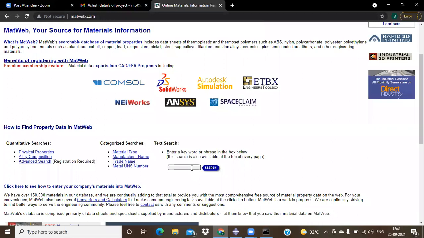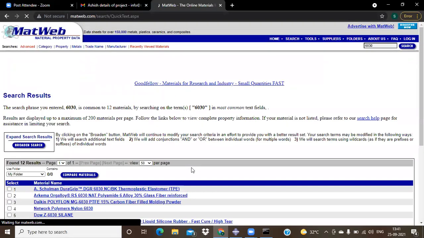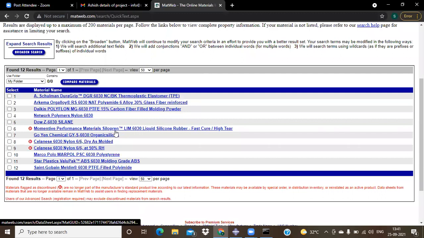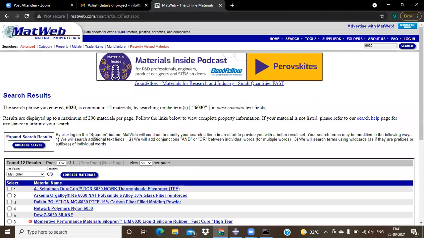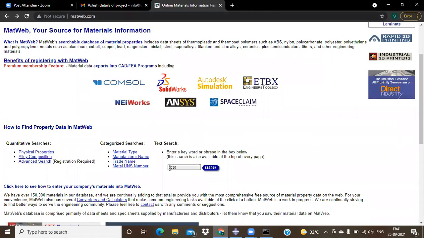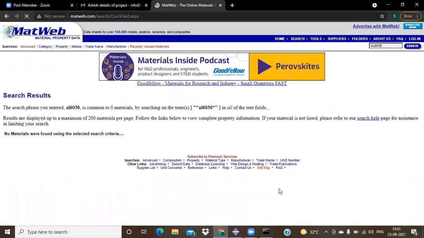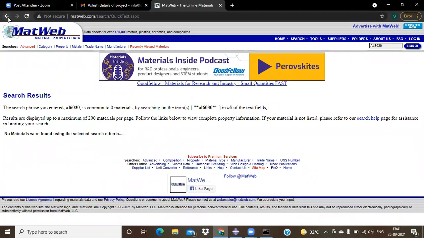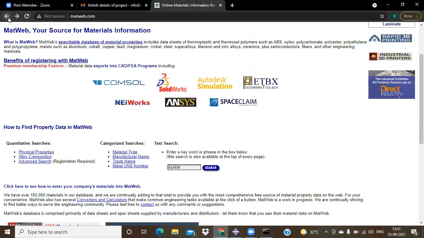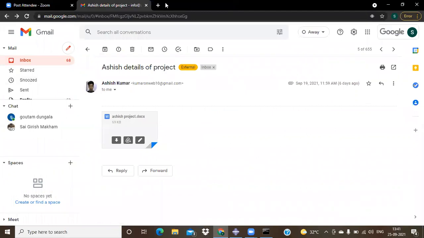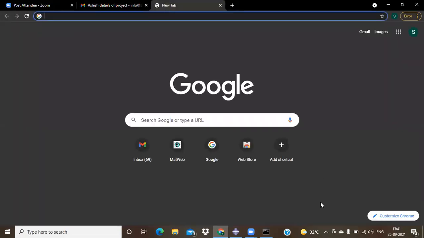I can just type this as 6030. So this is one of your material websites which will help you to search for any kind of material. MatWeb is one of the material websites that helps you to search for any kind of materials. So now I just need aluminum, right? So I will just keep it as AL. If it is there, it can show me the list of this. Then I should go for an exact grade to search for this, or you can just name it as a source over here also.